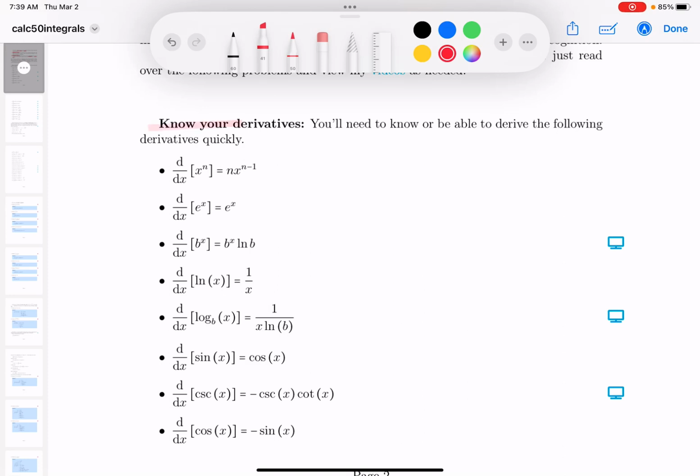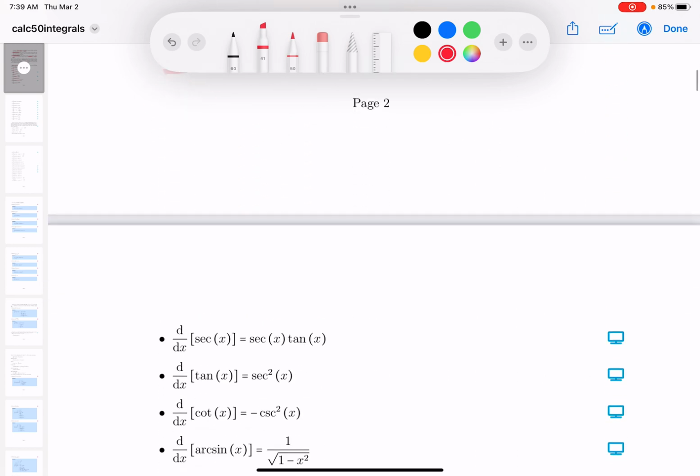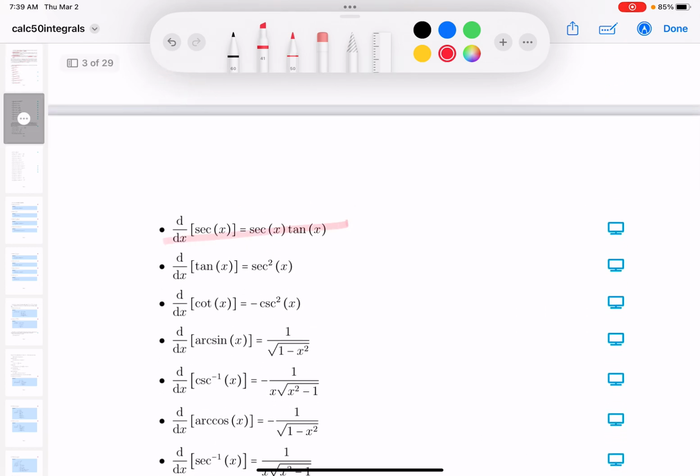All right, know your derivatives, and I know we've been doing this for a while now. Know it, know how to derive it. I really do mean that. I would say know how to derive it. We're on to this arc cosine one, and so I'm going to go through that with you,